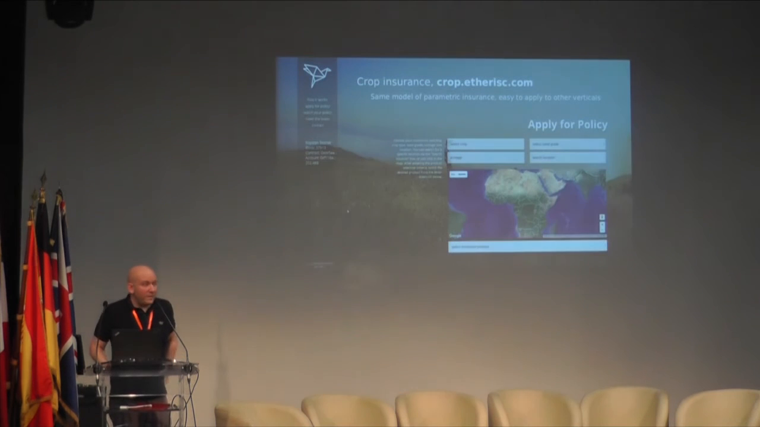And we took the very same model and used it for different verticals. We replaced the flight stats data stream with a weather-based data stream, and built something for crop insurance. So if there is too little water or too much water, you automatically get a payout for the location of your farm. And the interesting thing here is we can do this at much lower operational costs